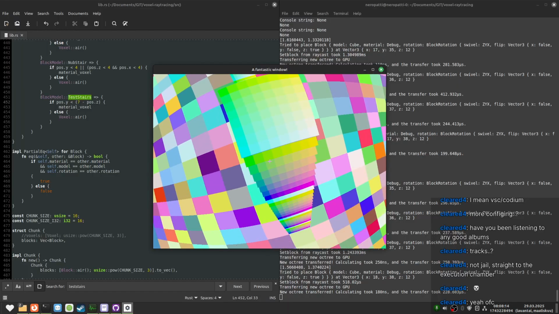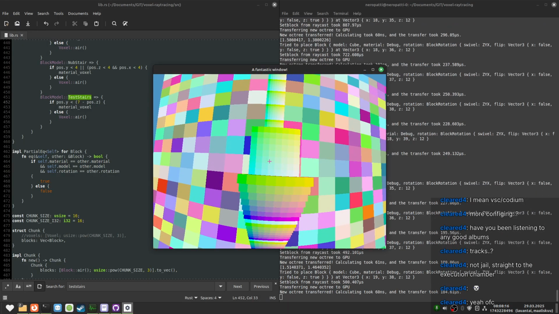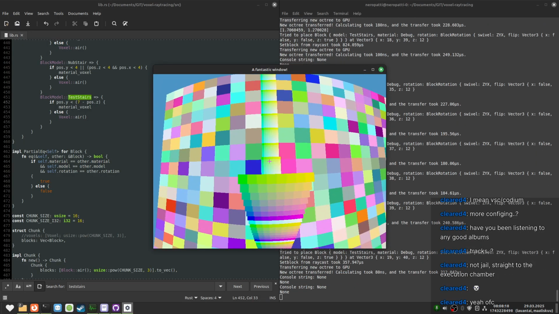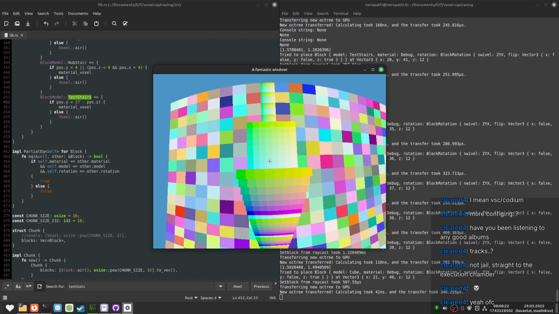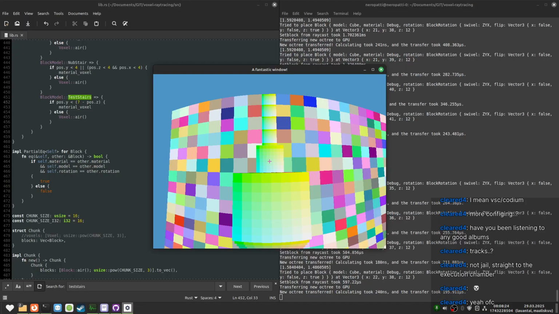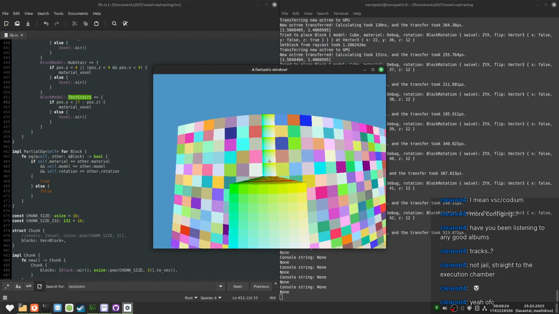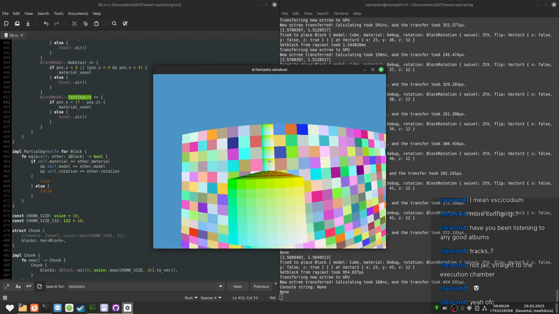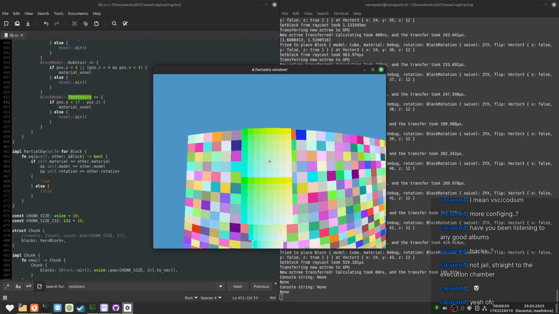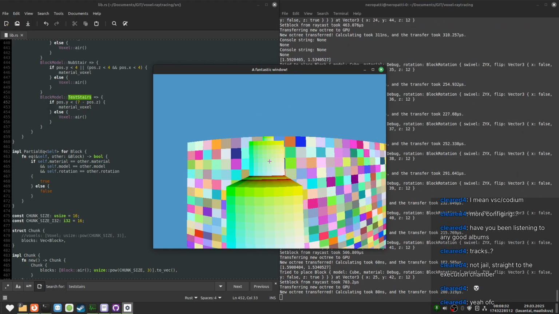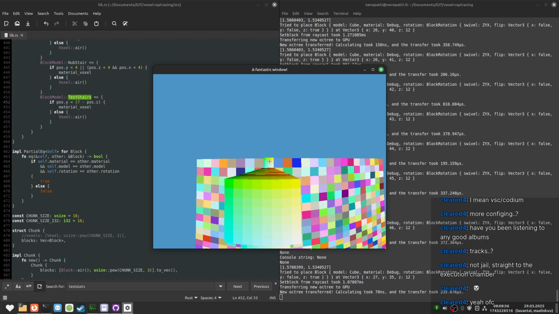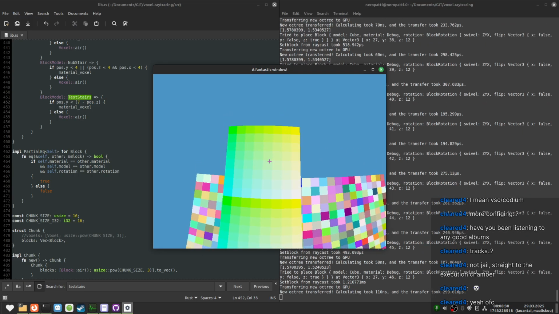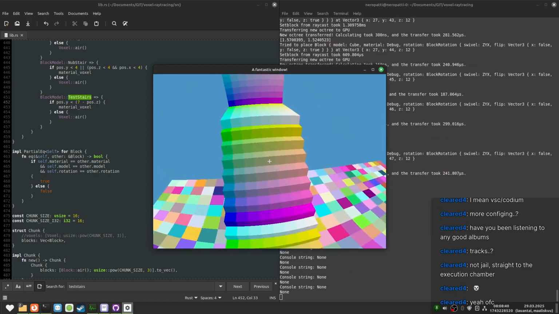These stairs kind of look wrong, but also I kind of like them in a way. I should test them with normal colors as well. Let me just first... There we go.